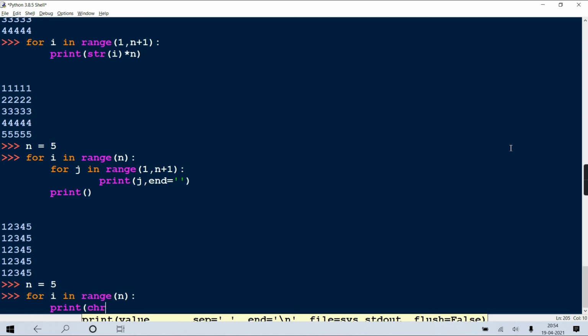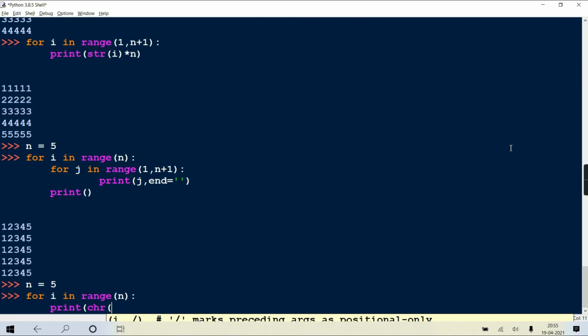I hope you remember there was one library function called chr. Had I told you in the previous chapter while solving assignments, one chr and one ord. If you remember, just tell me. If you were absent on that day, I don't know. But I've told you about a function called chr and a function called ord.